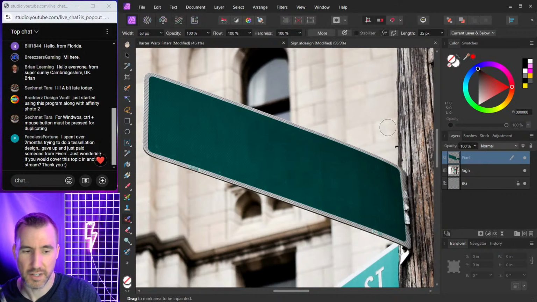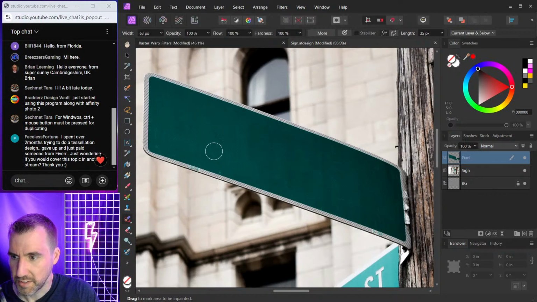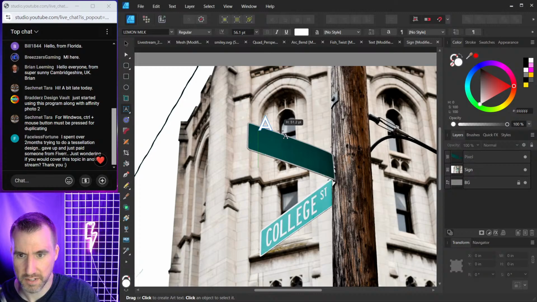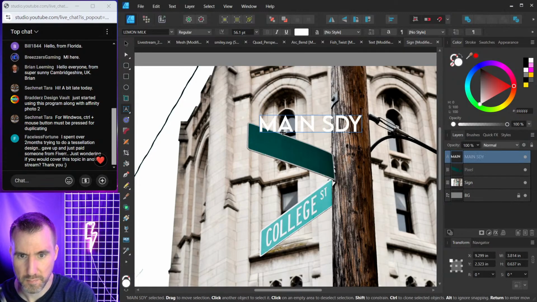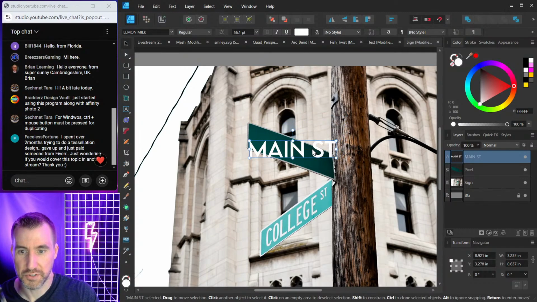It's gone. Okay. So now let's go back to Affinity Designer. So go File, Edit in Designer. And let's add some text. Let's say Main Street. So this would be a good one to use the perspective